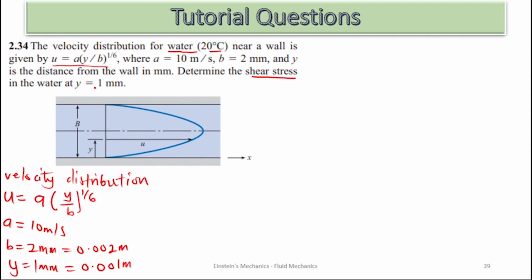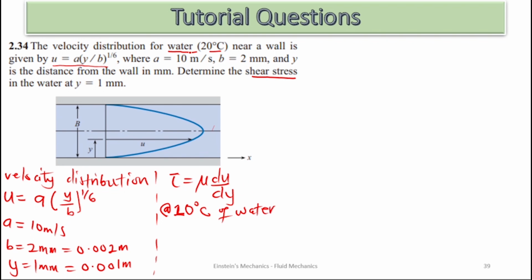We have all our parameters written, and we are to calculate the shear stress at this distance. Do we know the formula for the shear stress? Yes, we know that our shear stress is our viscosity times du on dy. Are we good? Do we have our viscosity from the question? No, but we can get our viscosity. How? It is obtained from tables, that at 20 degrees Celsius of water,